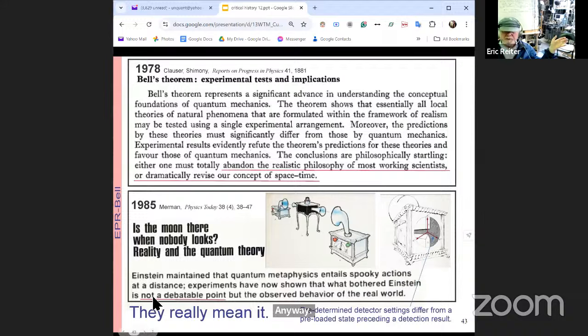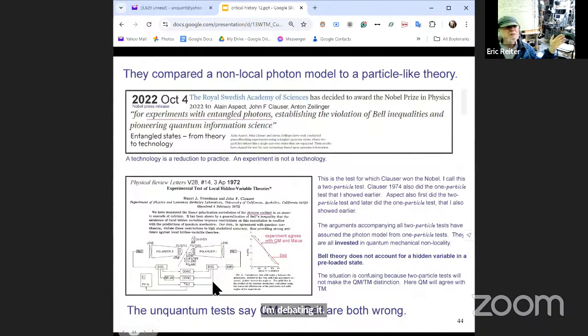This one is good. What bothered Einstein is not a debatable point. I'm debating it. I'm standing with Einstein. Einstein was a complicated character because I argue against the photon model, but then he redeemed himself. He got it right later in 1935. So in the meanwhile, they gave the Nobel Prize for this, for experiments with entangled photons. They're saying, oh yeah, photons is a done deal. Well, here's what the early experiment was,